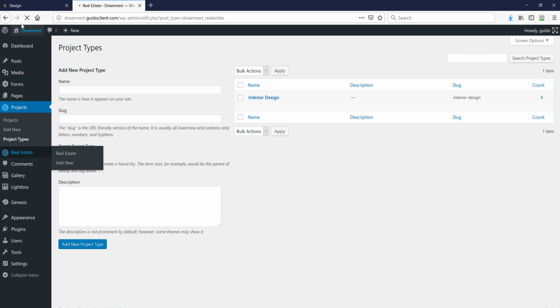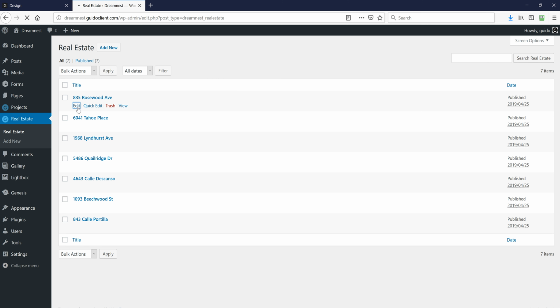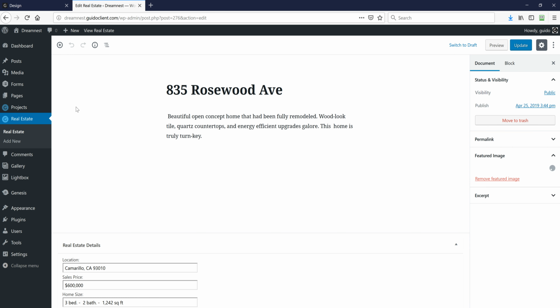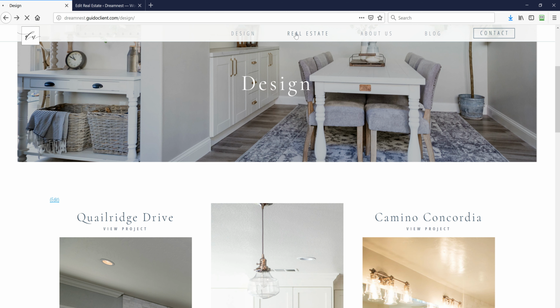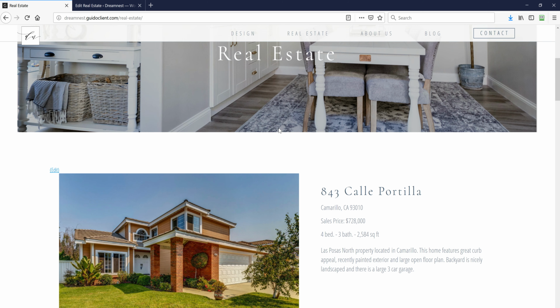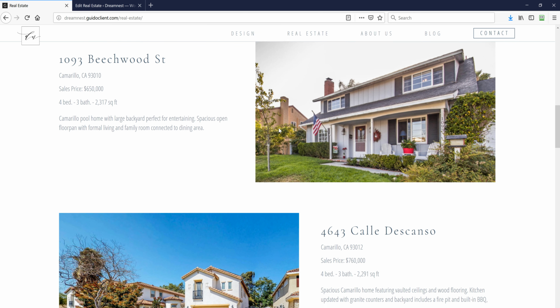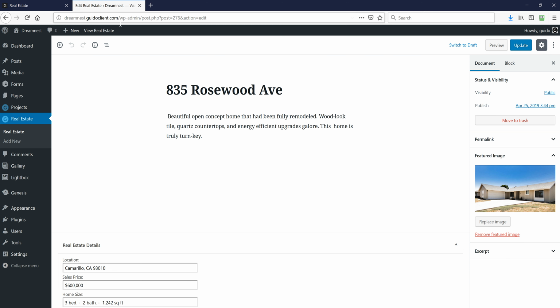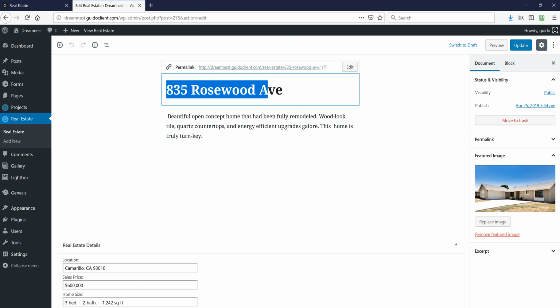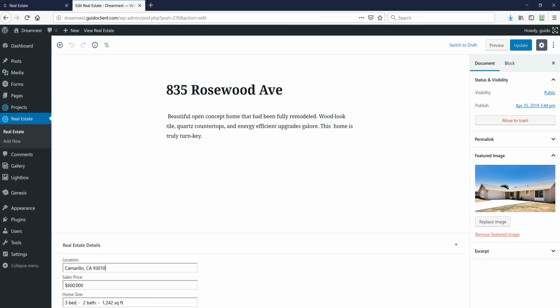And then real estate basically operates in the same way. There's a little more information on these, and they don't click through to a more detailed description or page of each one, because I think all of the information is just shown here on the existing site. You didn't have them clicking through to a more detailed page either. So basically the address is what you were using for the title here, and then we've got location. So again, same thing, city,